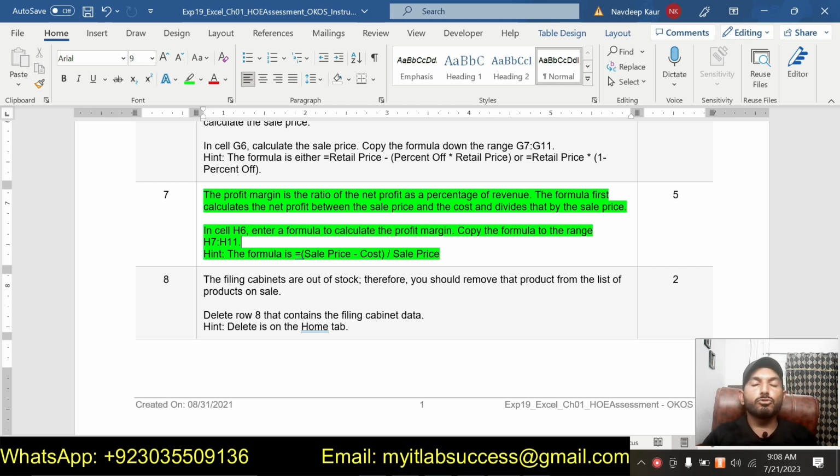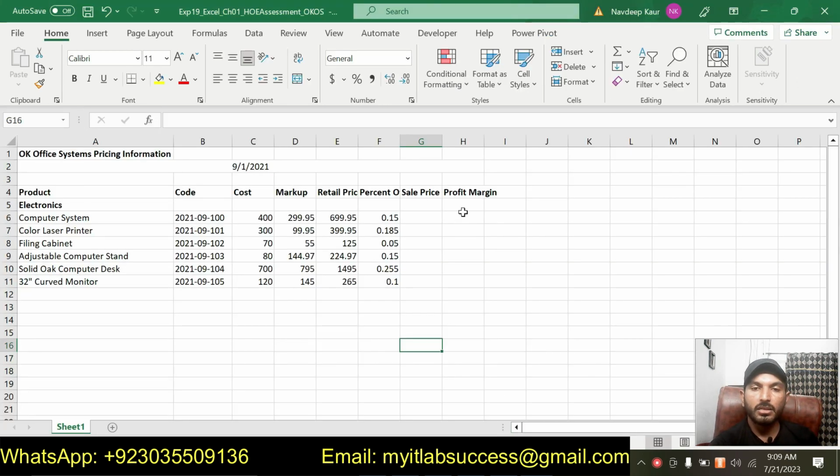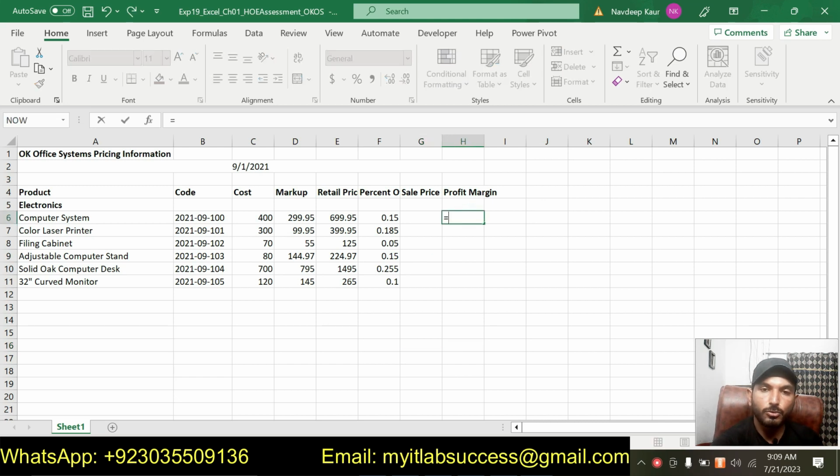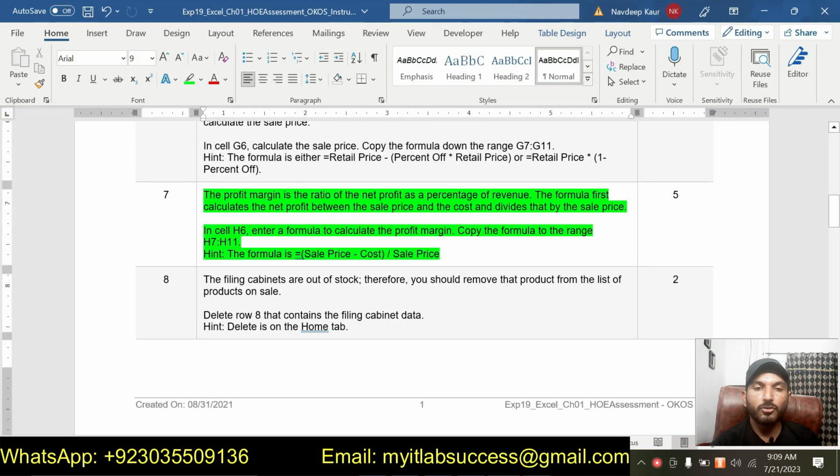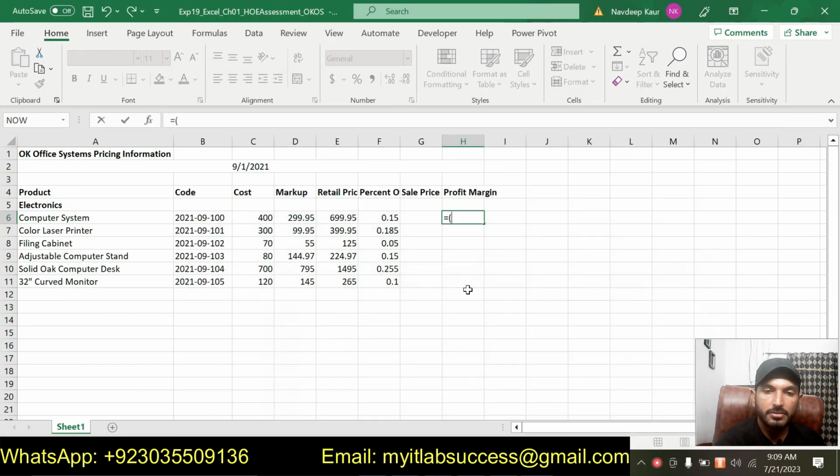So basically we are supposed to calculate the profit margin in cell H6, and this profit margin will be the sales price minus cost divided by the sales price. This is the formula that we will use to calculate the profit margin in cell H6. So we can do this by going to the worksheet, in cell H6, and we will enter this formula to calculate this profit margin. So here is H6, and profit margin is sales price minus cost. So sales price is,